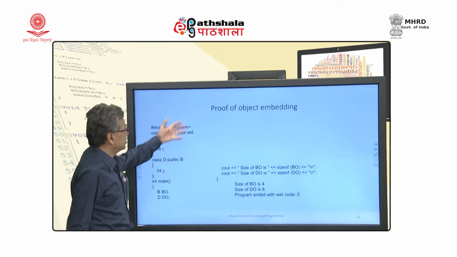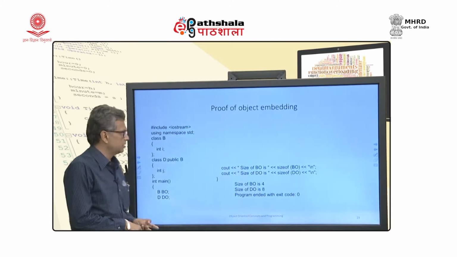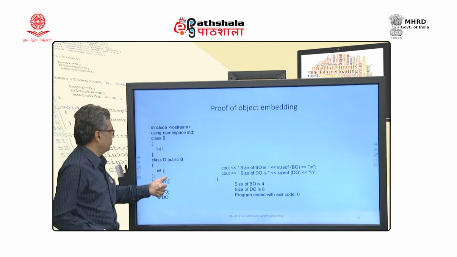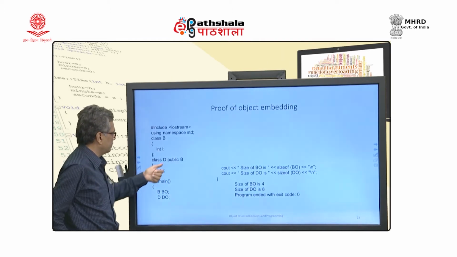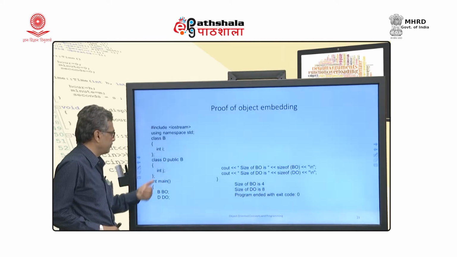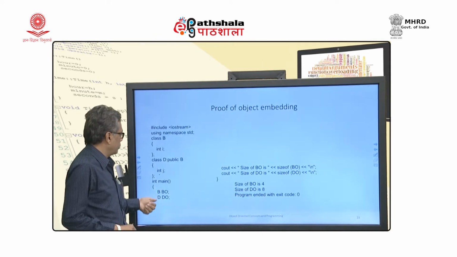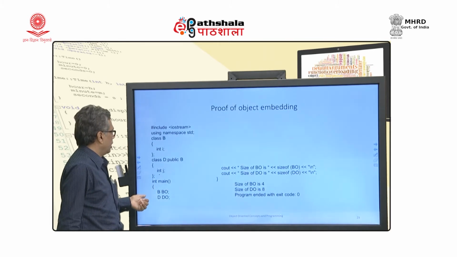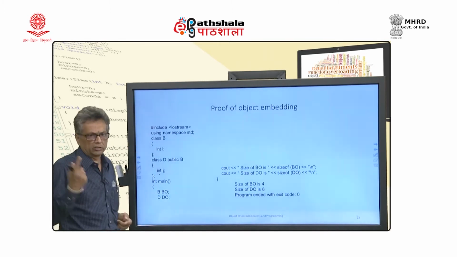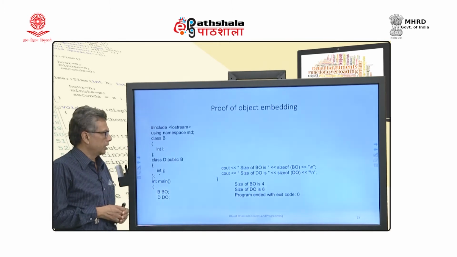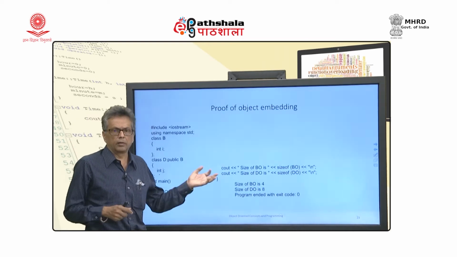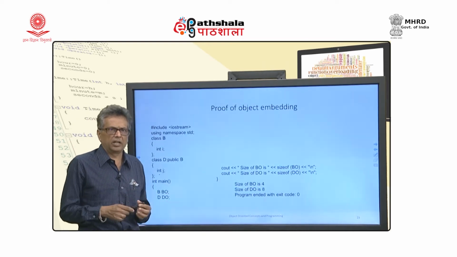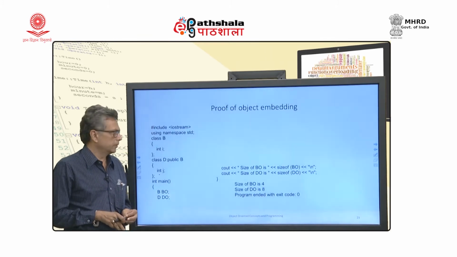And this is something that you can run and see. I have a class called B, then a class called D, which is inherited from B. Both of them define an int, and I have defined two different objects. Now, both of them have only one integer element, and the compiler on which I ran this had a 4 byte integer.